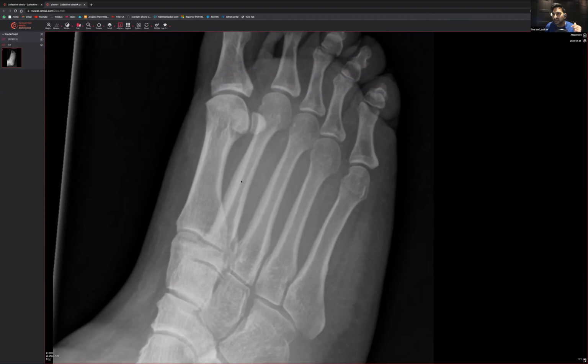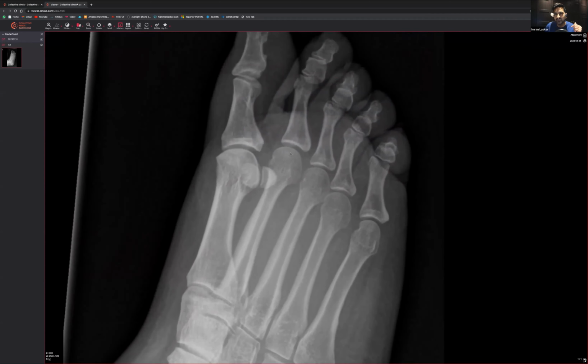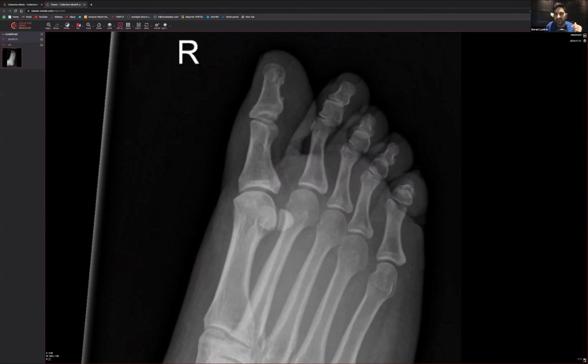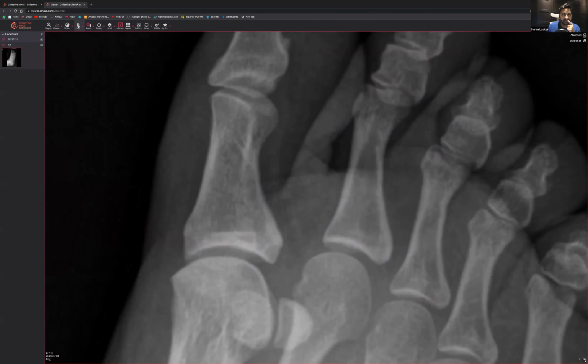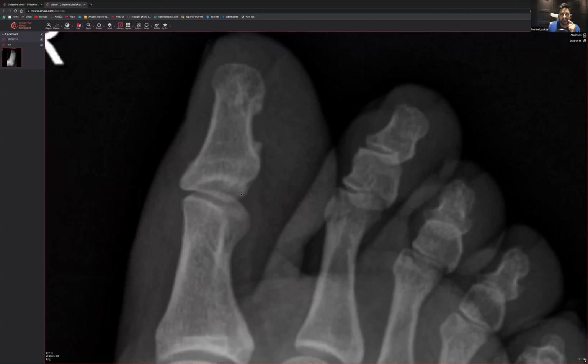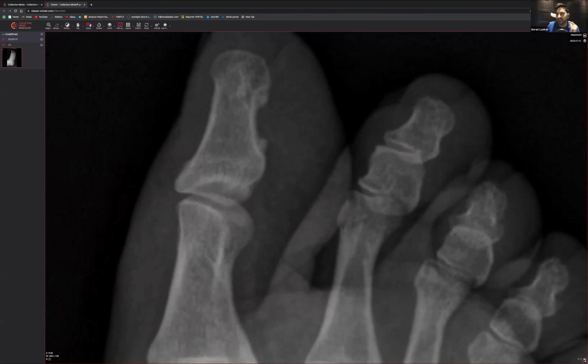So let's have a look. Everything looks okay here. These metatarsal heads look okay. Let's have a look at the terminal tufts, because that could be another place that people miss fractures. Let's pan. Right, so if we zoom in there,